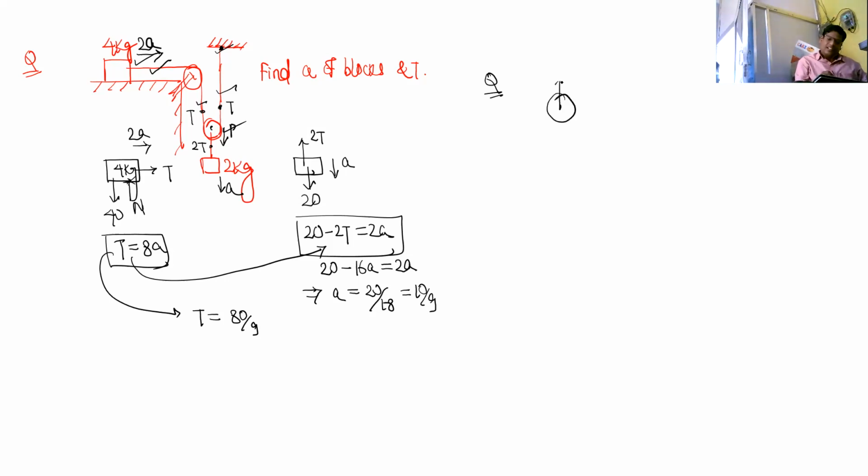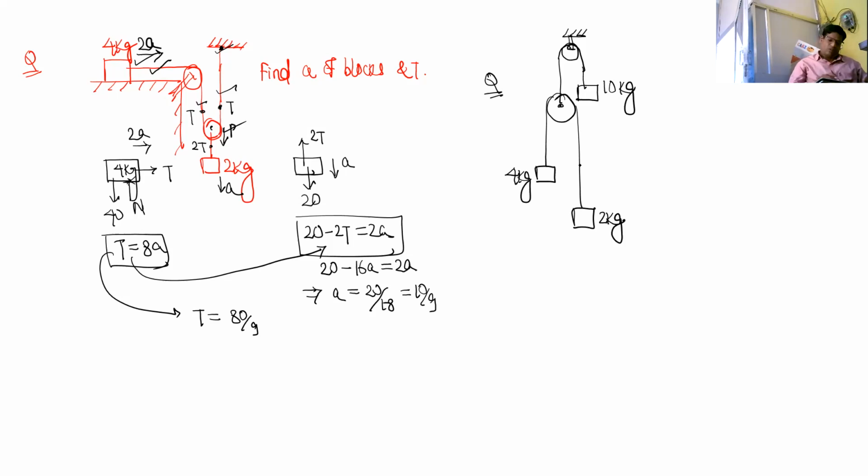This is a pulley. Let's say I am applying here 100 Newton force, and here is a 4 kg block, here is a 2 kg block, here is a 2 kg block. Okay, 100 Newton, no, let's change the question. It's connected like this. Let's say here is 10 kg block. Okay, now how to solve this?